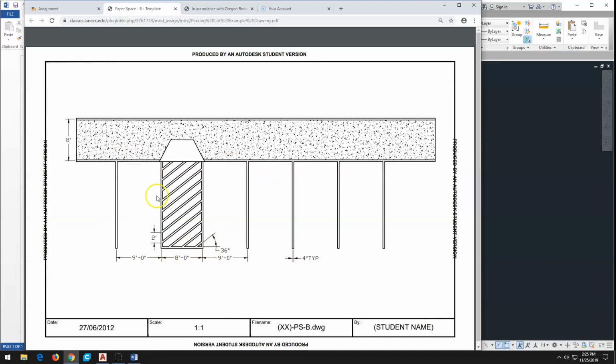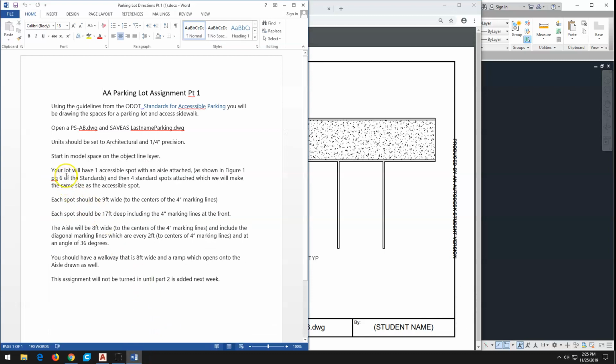And we will have one accessible parking space, an accessible walking aisle next to that, and then 4 reserved parking spaces for the apartments in the unit. We also have our accessible walkway, and this just continues off to the edges, so we've just drawn it closed so that we could hatch it with cement. And then if we look at the instructions again, your lot will have, just like I said, 1 accessible spot with an aisle attached, 4 standard spots attached